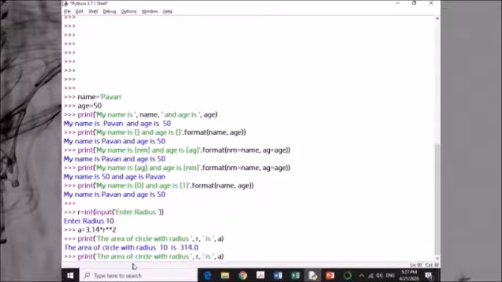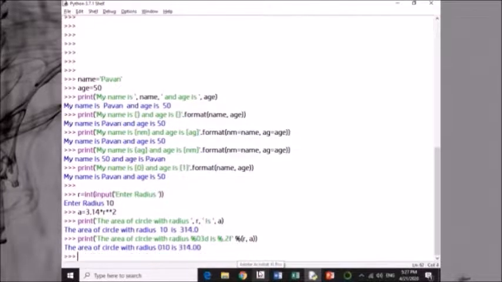So the whole thing will be the same, just since I want to display an integer, I will write %d. Since I want it to be preceded by 0, I will write 0, and I want a 3-digit number, so 03d. And then, for area I want to use a float number with 2 decimal places, so I write 0.2f. After this I will put a space, a percentage sign, and within the brackets, since 2 values are required, I will enter the 2 values. The first value is radius and the second value is area.